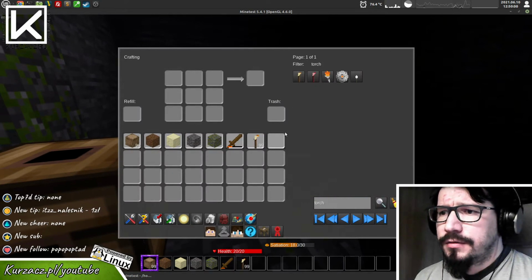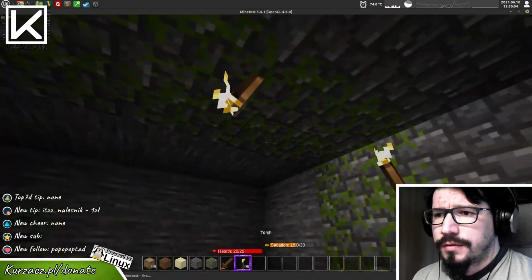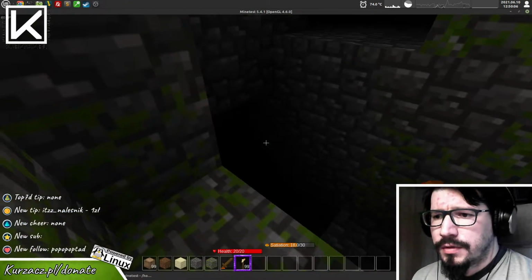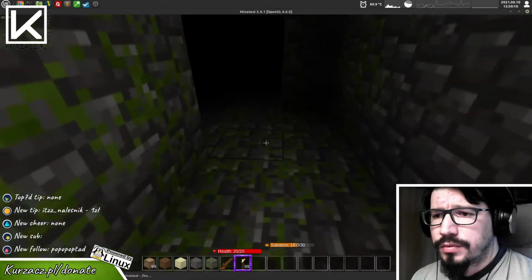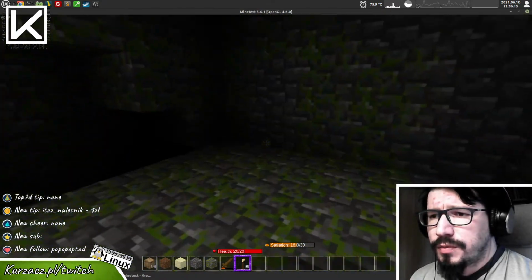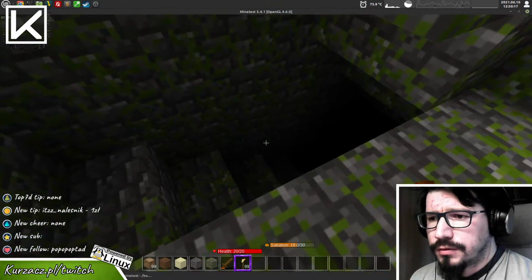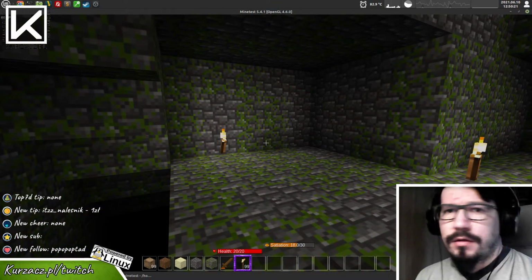I can get a torch and use it, place it in the world in different positions. Also it's made so that the torch in my hand lights up everything that is close. It might be that mobs are not turned on, unfortunately, so I'm pretty safe here,